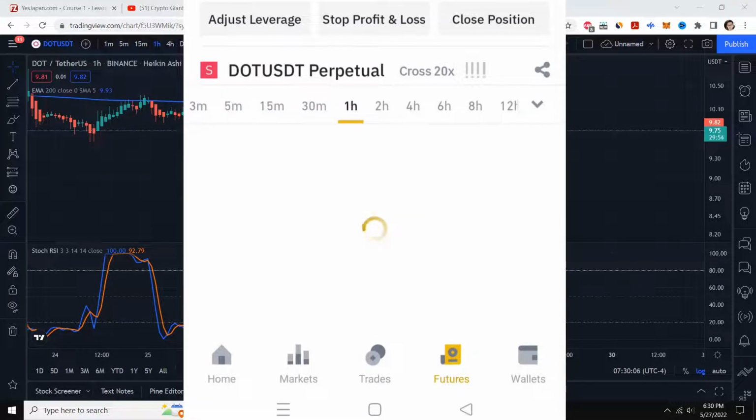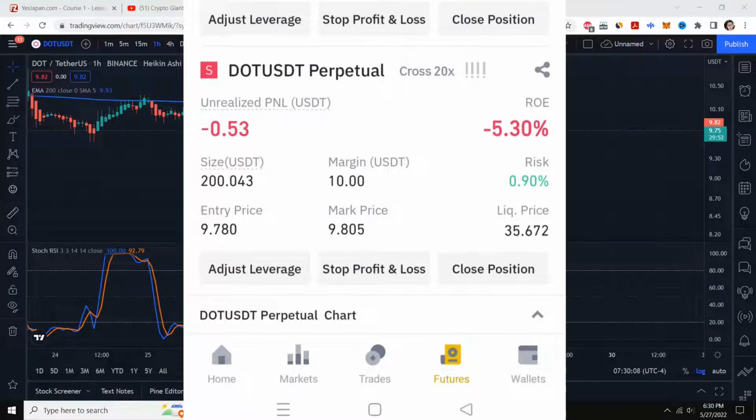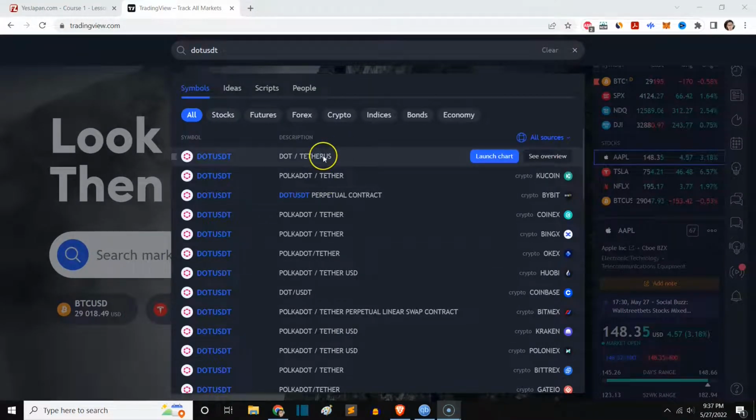Hopefully it goes down. If not, maybe we're gonna see some huge floating loss, but we'll see, guys. And I will come back to you once the price has been updated in the 3 to 5 hours' time, and we're gonna see what's gonna happen. 2 hours later. Alright guys, so it has been around I don't know how many hours,